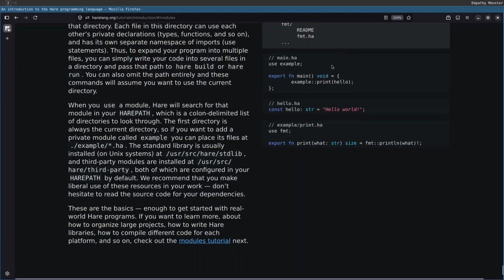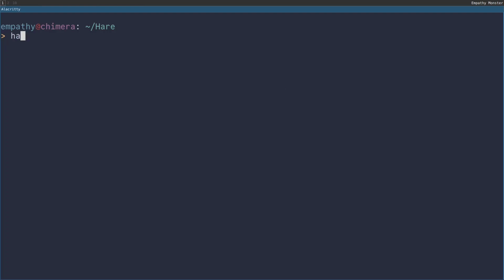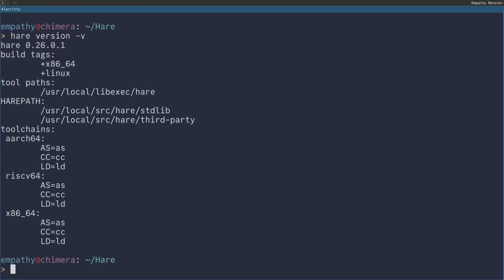What this is showing here is the breakdown of the project. Now if I run hare version and pass in the -v flag, it shows your Hare path. Now notice mine is /usr/local, and if you installed Hare from source, yours will also be /usr/local. Now if you're using a package manager,